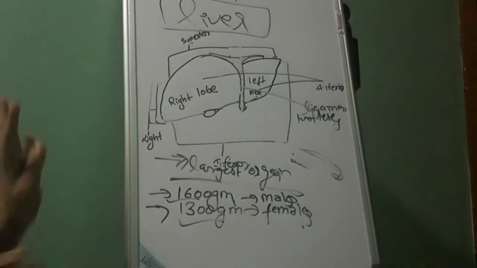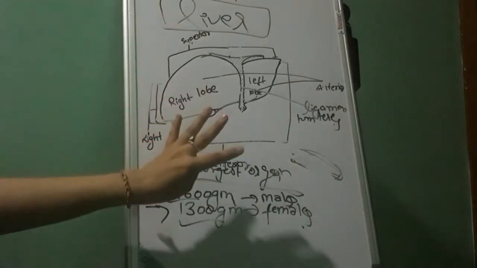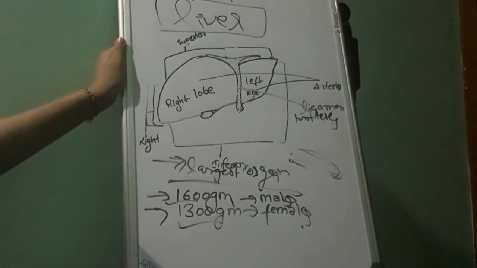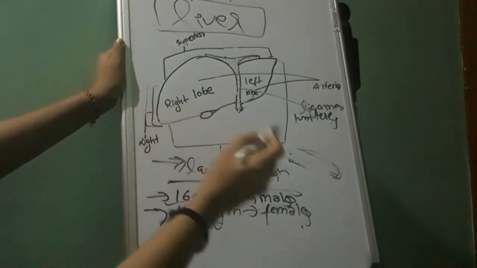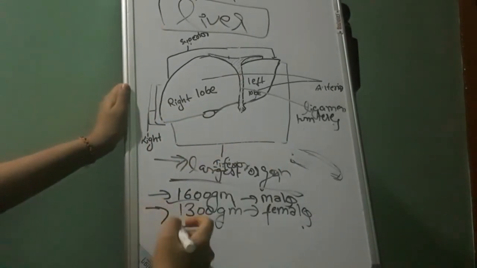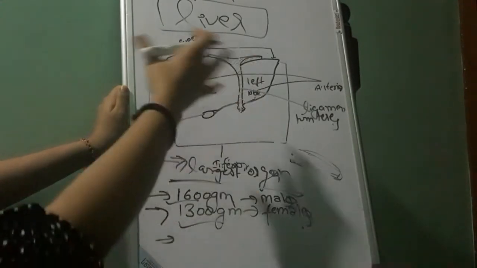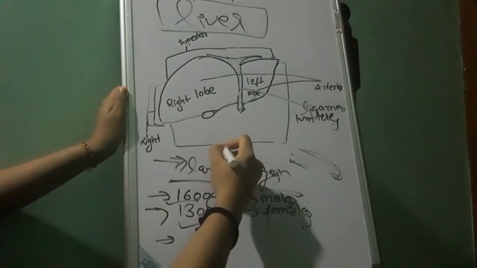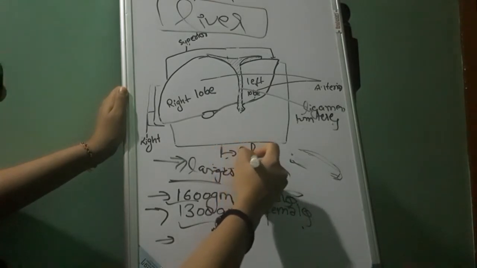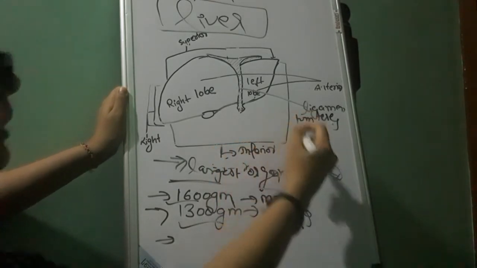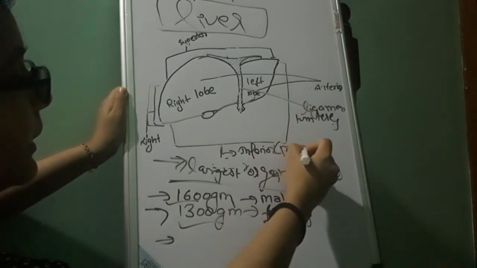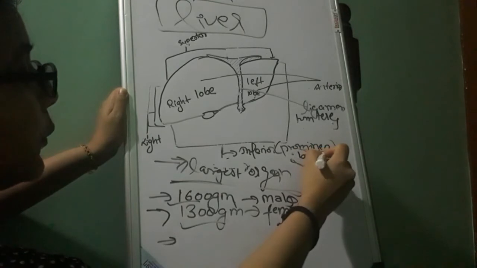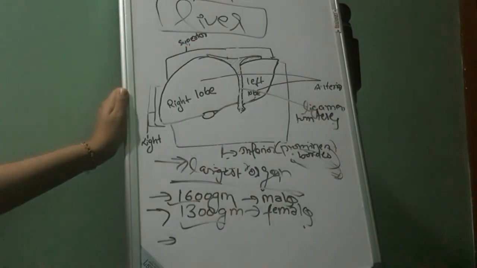So this is about the liver, and it is wedge shaped, and its inferior border is the most prominent border of the liver. So you have to say here, I will just write it here: the inferior border is the most prominent border, and it is a prominent thing in the liver that we can clearly see.